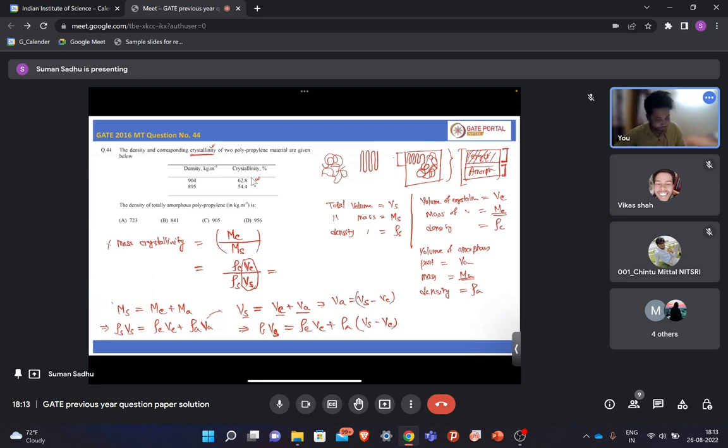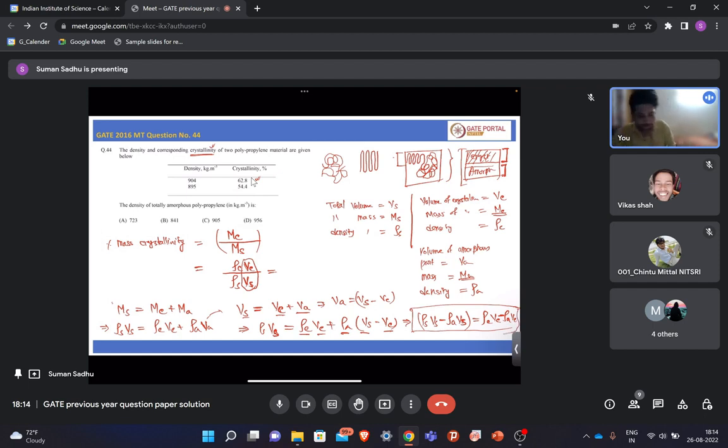So now we can write rho S VS. This rho A VA we can take on this side, rho A VS, and let's say this is rho C VC minus rho A VC. Okay, so